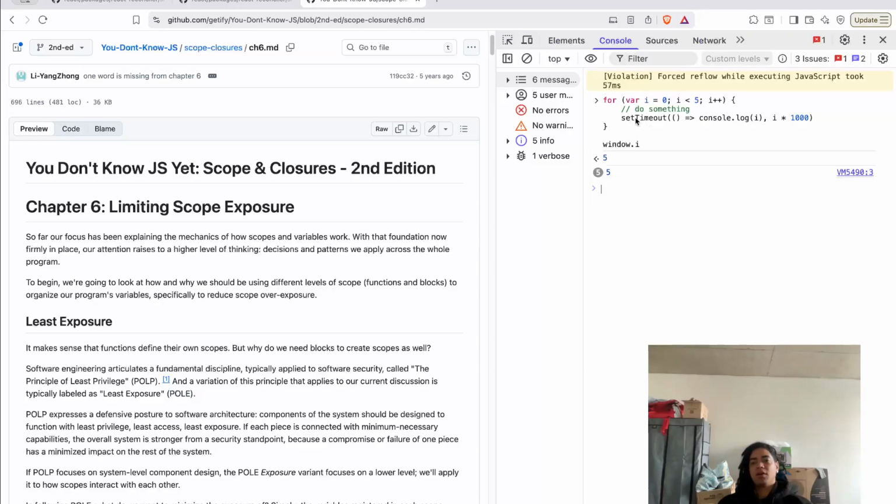What's happening here is that this code is being evaluated first, and because it is evaluated synchronously and is not block scope, it is going to run